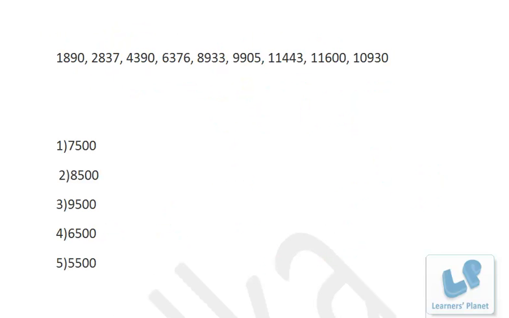Now suppose I have this question and I have to find out the average of these 9 data, right? So the very first step what I will do is just look at the options. They are having a difference of 1000, right? So if you approximate your option like this data to certain extent, it would be a great help. So what I do, it's 1900. Somewhere you need to increase the number, somewhere you can decrease, right? So just keep that in your mind.